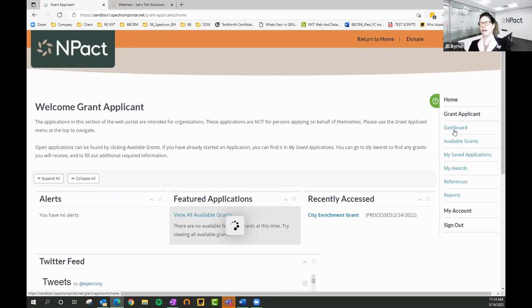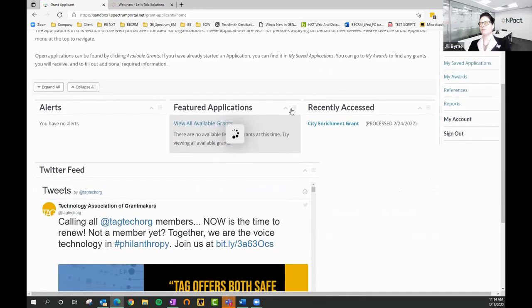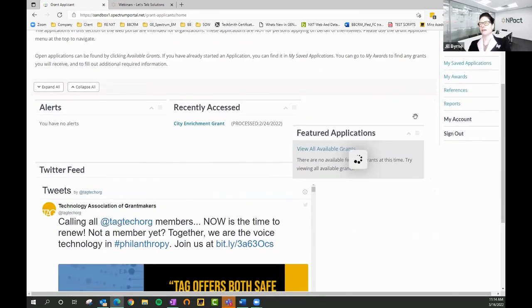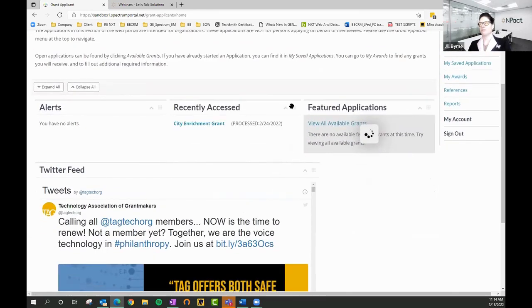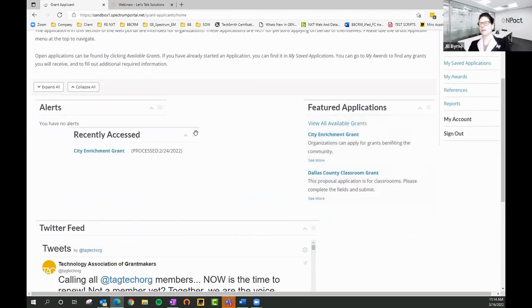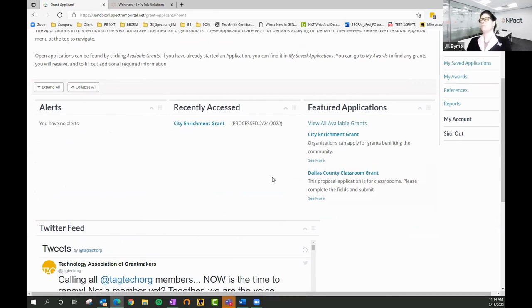So if I navigate back out to the dashboard, these various information tiles are something the user has the capability of rearranging, promoting, and putting where they want. Again, that's just some more user tailoring that's nice to have. But your organization, through the administrative features that we're going to dive into in a few moments, has a lot of flexibility over what you want to place within these tiles and make available to the site